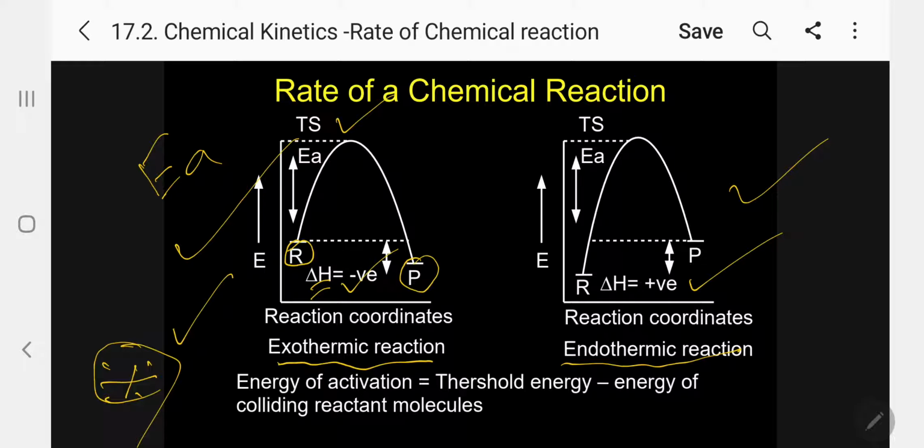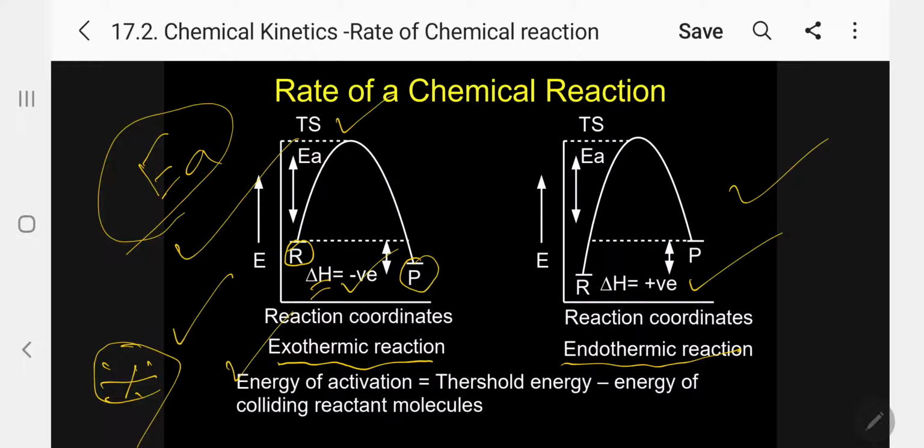According to collision theory, molecules in a chemical reaction undergo collisions during the reaction. Some molecules will have high energy, some molecules will have low energy. On collision they will exchange their energy. After a particular time, some fraction of molecules possess slightly higher energy than the average energy of the molecules. This energy is called energy of activation, usually represented by EA. Kindly follow.